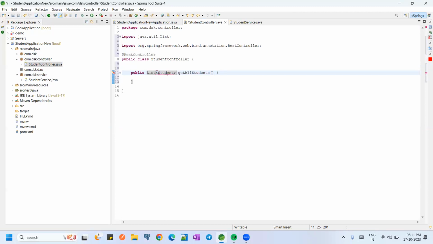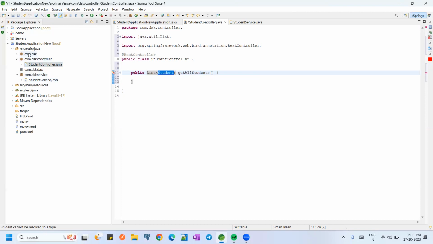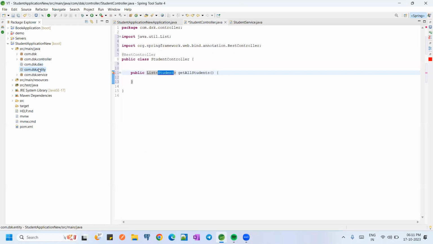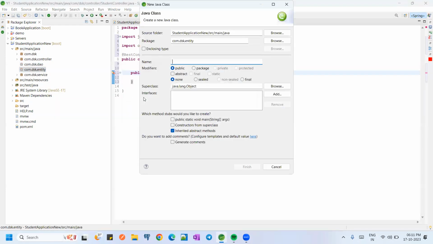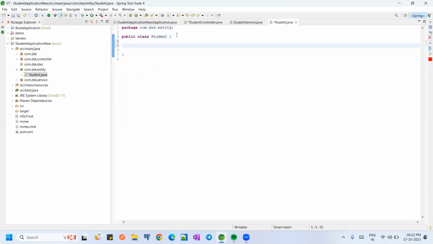We need to create this student entity actually. Here I'm not going to use a database, so we will create the student as a POJO class. We'll create one new package, com.dsk.entity. In this entity package we will create the Student class. We will take three properties, like private int